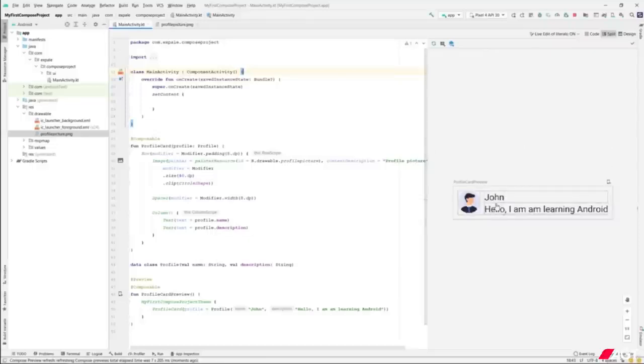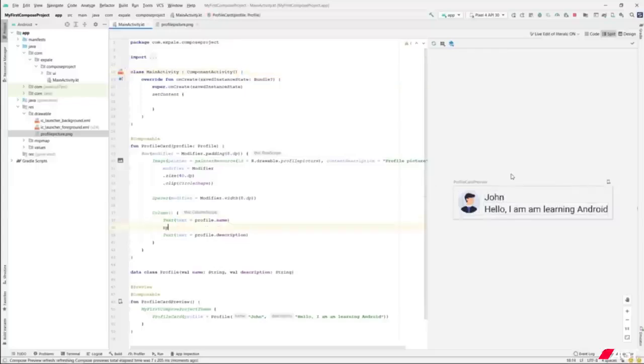Also, we can add a little bit of spacer here. And the way we do this is by adding a spacer. This time not with width, but with height of 8 dp. And we refresh our preview. Now you see, after we have added a vertical space between the profile name and the profile description, it looks